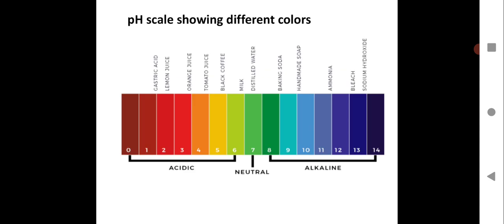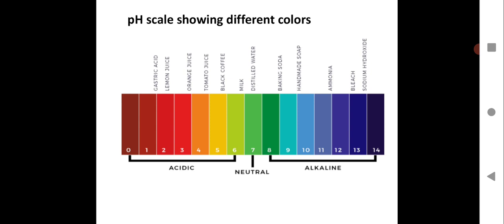So this is the pH scale showing different colors. You have to draw this in your notebook, show these different color changes, and show the numbering. Here it is shown from 0 to 14. You can take from 0 to 14. Normally, theoretically, you can say 0 to 14, but in the lab you get from 1 to 14. So here in the pH scale you can show from 0 to 14, and see the different color changes.